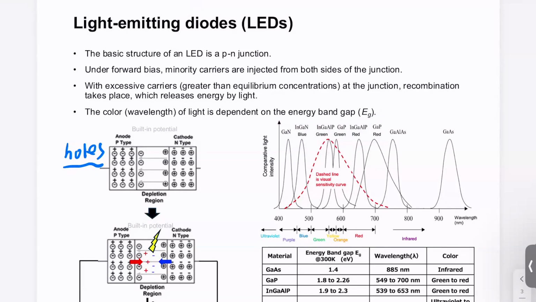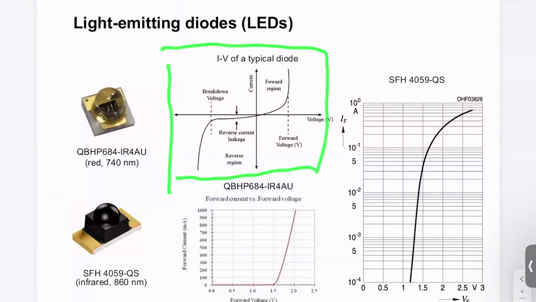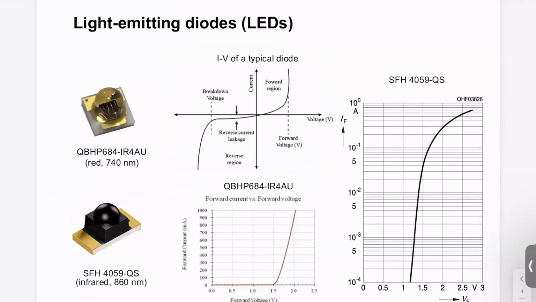All right. So again, LEDs are essentially diodes. So here I have a typical IV curve of a diode. So when we apply voltage, when we apply a bias, the current grows exponentially. And in your data sheet, they also often provide a parameter called